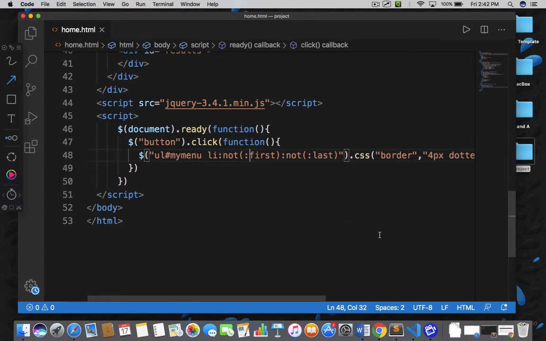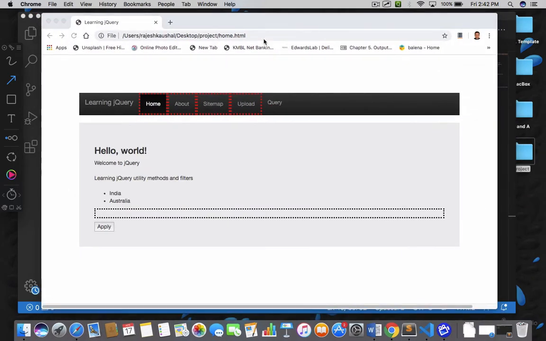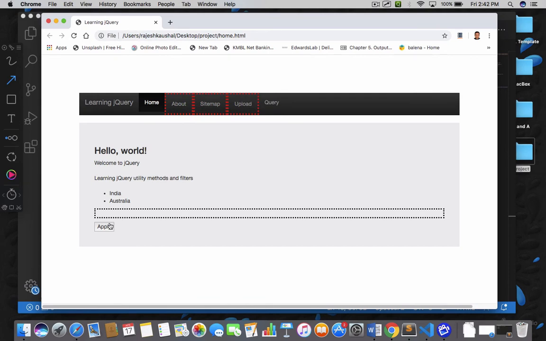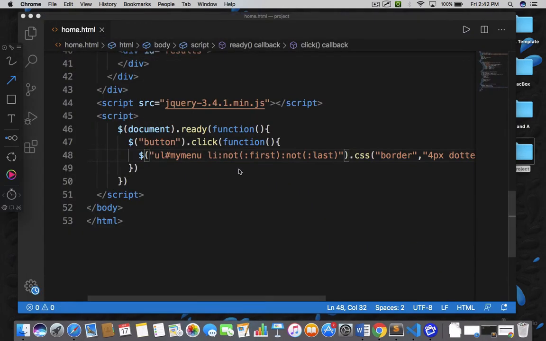So let me save it. Now go back, now refresh your page, now click on the apply. Yeah, I got an exact result. So we are able to exclude the first and the last item from the unordered list where the id is my menu, and the border is only available on the middle items. So that is another example of colon not, right? Now I'm going to give you an example of